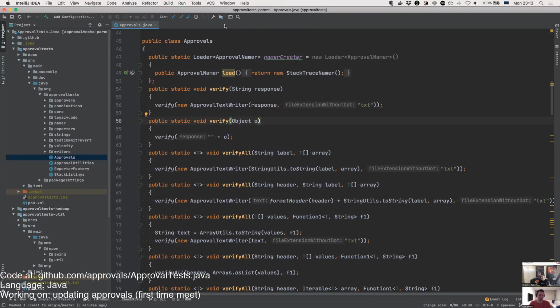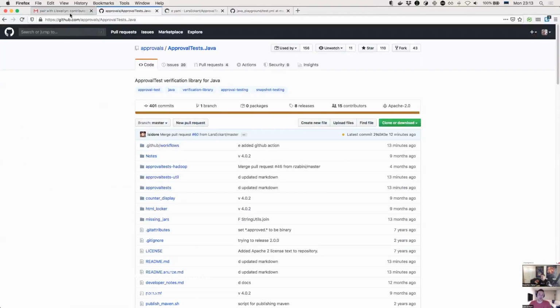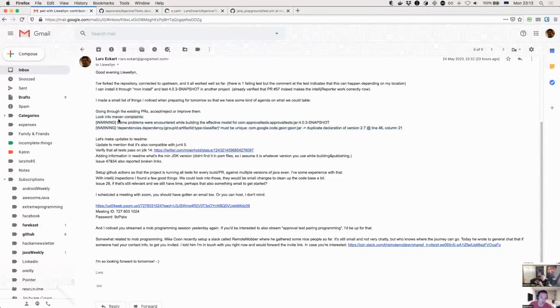Okay. Let's go down. Here's also something else. Maven sent me warnings when I was building the project. Maven is complaining about dependencies declared multiple times, because it will always pick the first one, so this might be confusing.